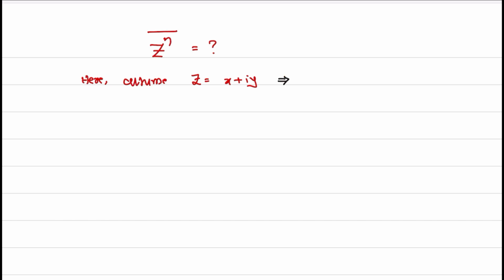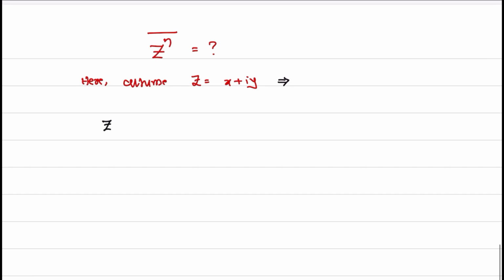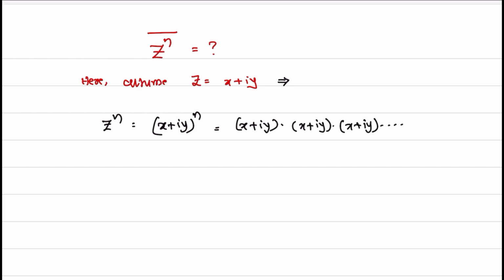That implies Z to the power of n is equal to (x plus iy) to the power of n. That is equal to (x plus iy) into (x plus iy) into (x plus iy) up to n terms. For a non-trivial condition, when x is not equal to 0 and y is not equal to 0,